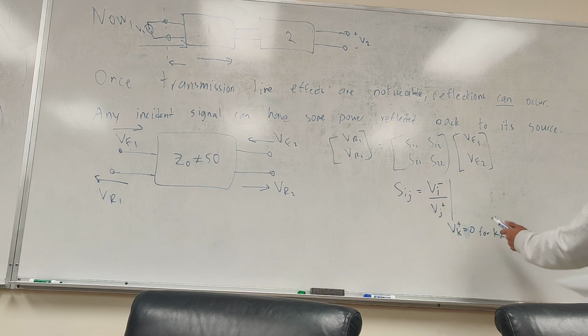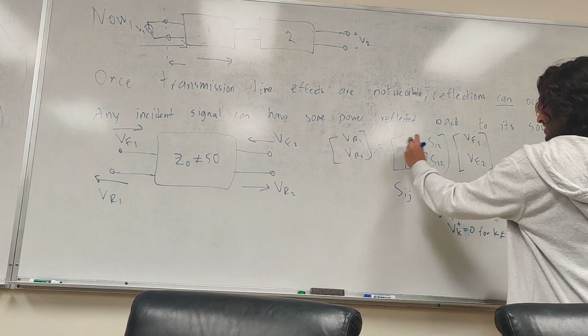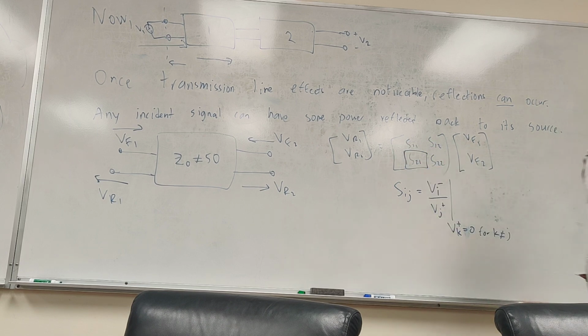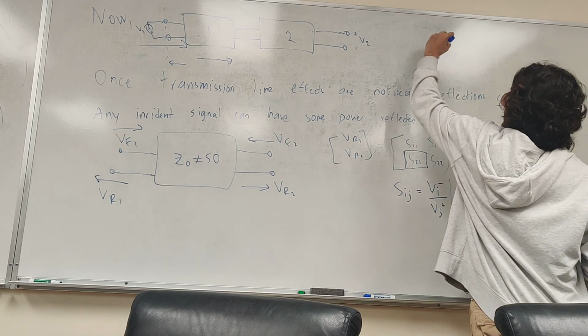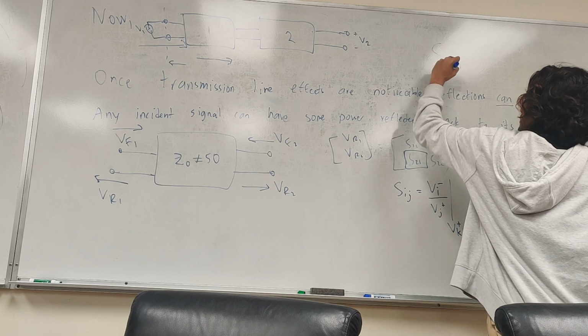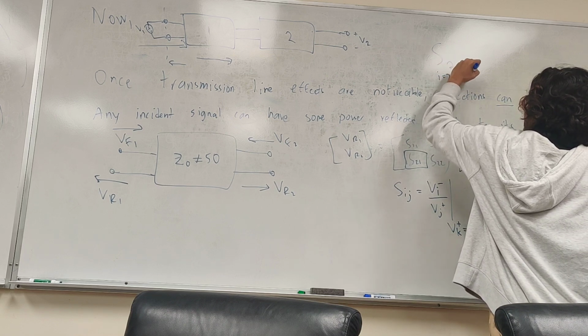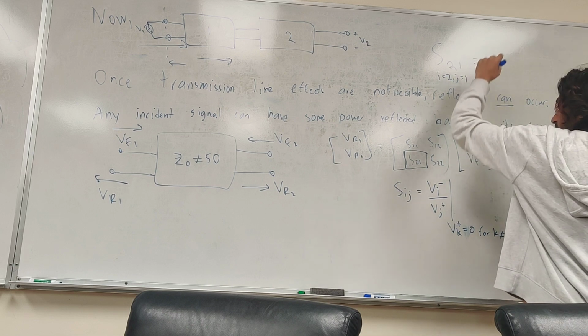You have an i, j, and a k, right? What does that even mean? Okay, let's go through an example. Let's say we want to figure out S21. We care about this. This is the most important thing, S21. If you ever have an RF interview or something, this is what you should remember, S21. So I'm going to put that up here. So i is 2, j is 1 from this, right? That's good. And this is going to be equal to